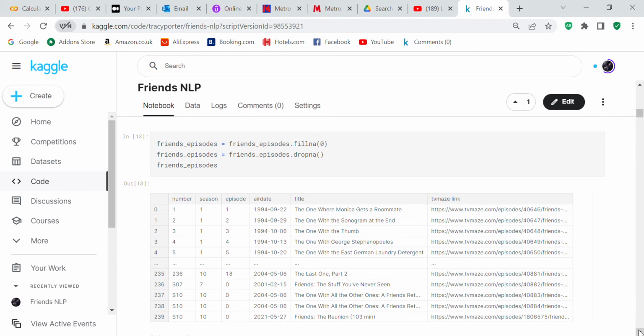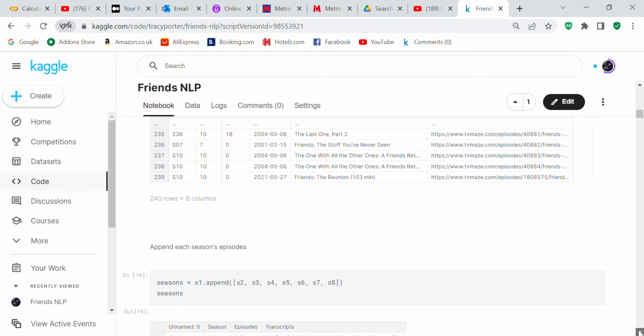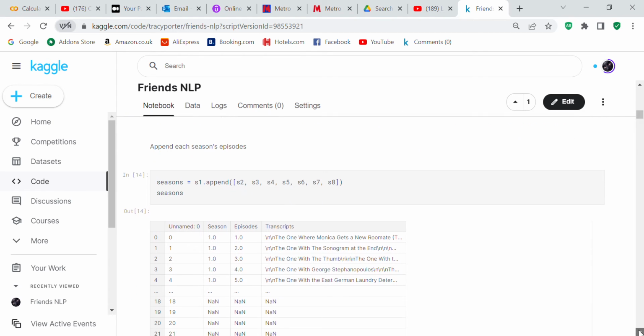Now what we've done is we filled all the non-applicable rows with a 0, and we've dropped all of the non-applicable rows. So everything that has a non-applicable in it has been dropped. Now we've got each of the seasons.